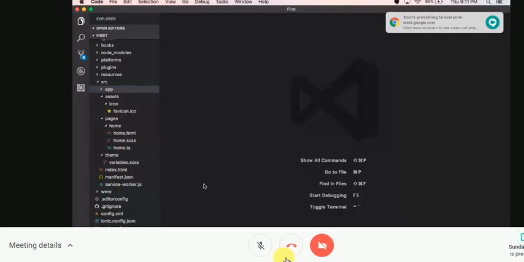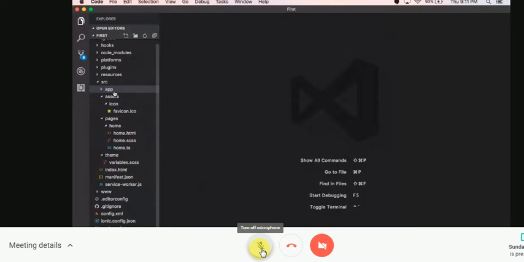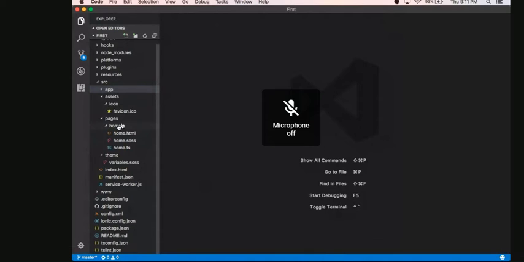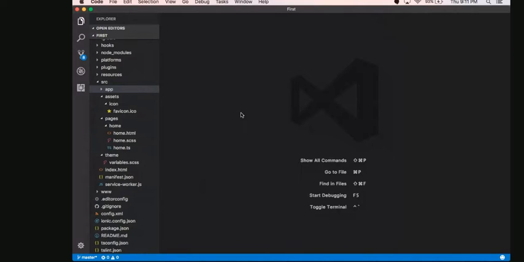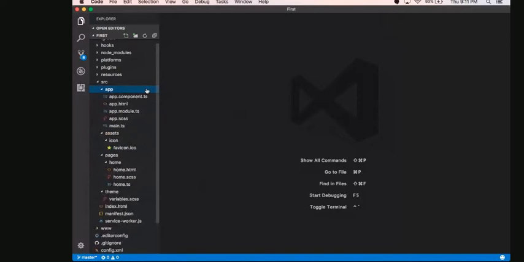So you understood the app folder, assets folder, pages, right? Any doubts here? I may want to explain that again. Inside the app folder, we have 3 files. One app is a component: app.html, and app.component.ts, which is the TypeScript for app.html. The app.sass file is a style sheet for your app.html. So these are the 3 files. Main.ts is kind of a supporting file, so don't worry about that. And we have one more file called app.module.ts. So the purpose of app.module.ts